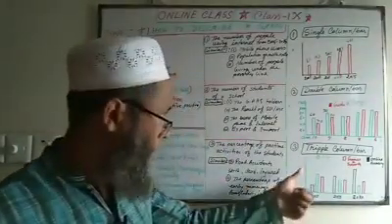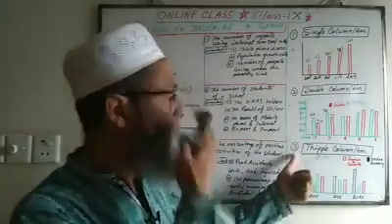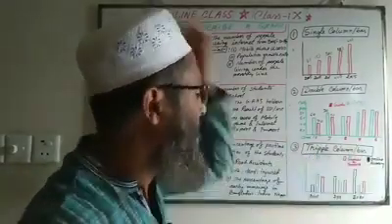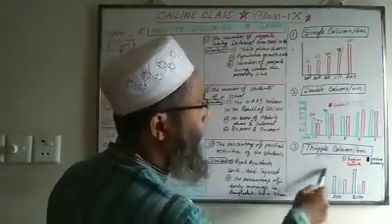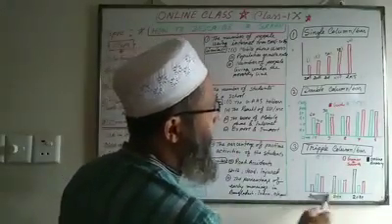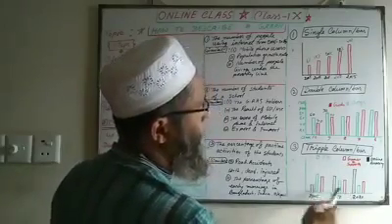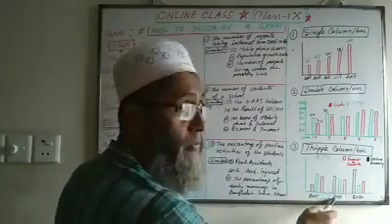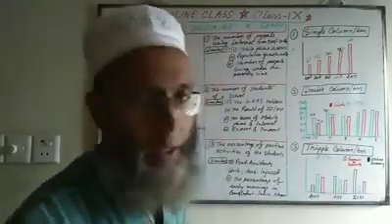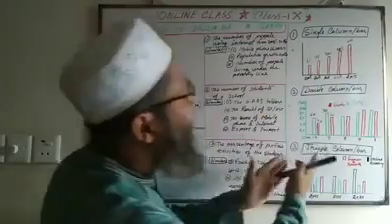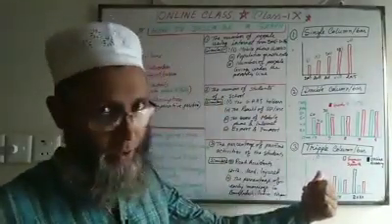Similarly, in the third type of graph, triple column bar, that means 3 types of information are given here. In every year 3 types of information are given. In 2005 3 types of information, 2015 3 types of information, and in the same way in 2020 3 types of information. That means triple column based. Even you can find 4 column based.